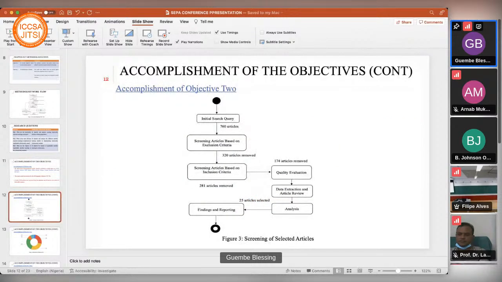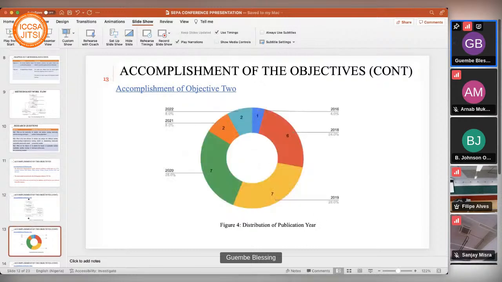So this is the screening of the selected articles. Over here, we have the initial search query, which consists of 760 articles. Then we apply the exclusion criteria. After applying the exclusion criteria, 320 articles were removed. Then we also apply another criteria, which involves removing 281 articles. Then at the end, we apply the final criteria, which involves quality evaluation. At the end of the day, 25 articles were retained, which were used for the analysis of this